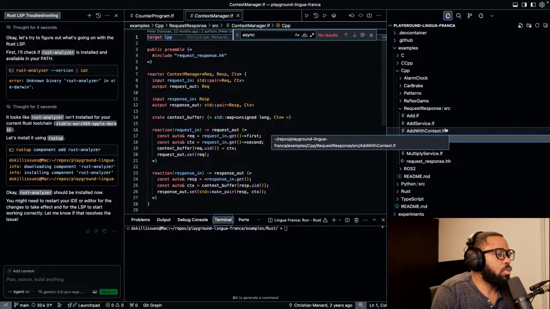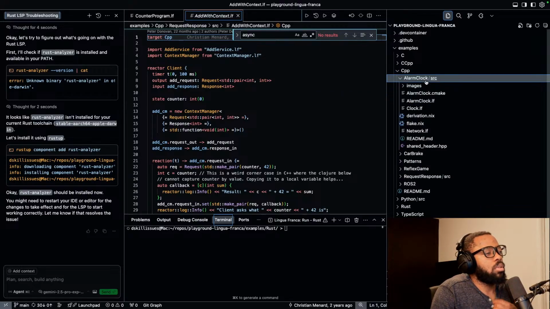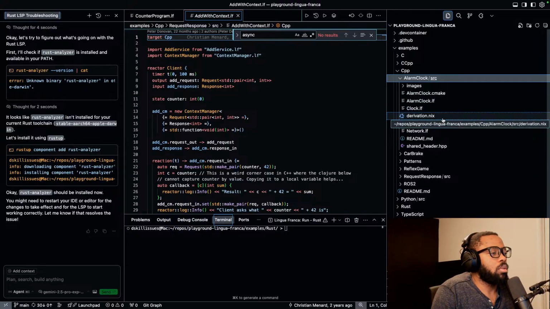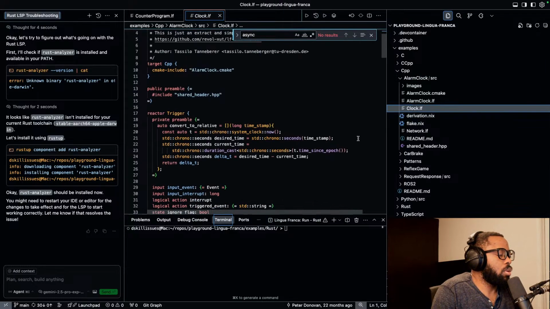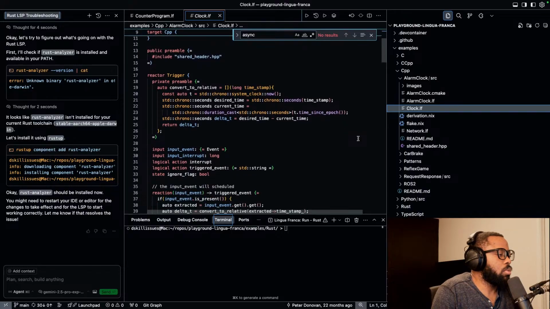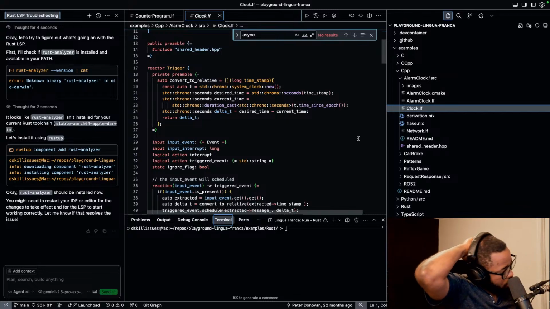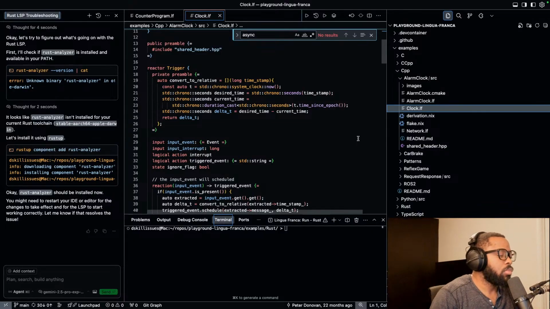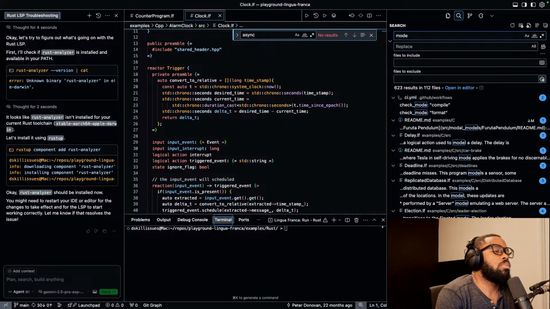I was looking for an example with modes. I guess I could do a search, mode something.